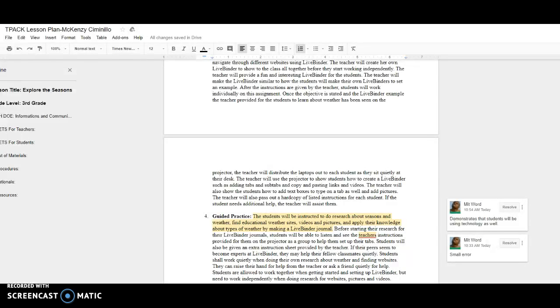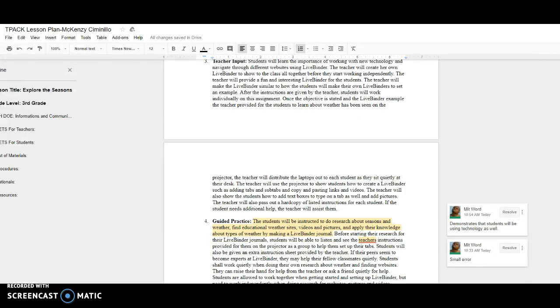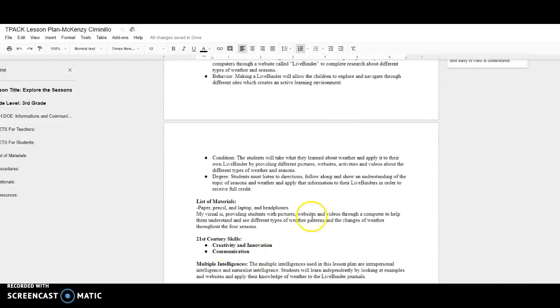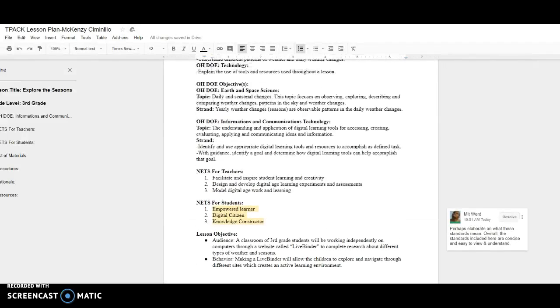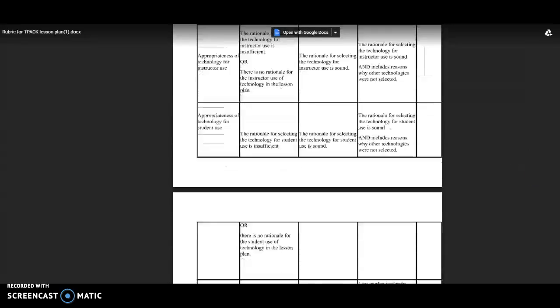So you might have to make it even more explicit how exactly they're going to go through this. Maybe spend some time instructing them how you can look things up, what a good, valuable source looks like. I think that can be fit into the lesson. I don't think you'll be pressured too much for time there. But I feel like live binder and how the teacher demonstrates it and how the students use it is very appropriate for the lesson, and it works in with the skills that you're trying to do. It opens up for creativity and the other standards that you have around there.